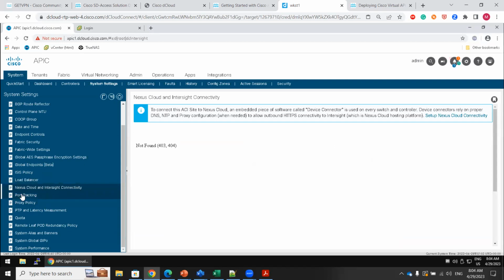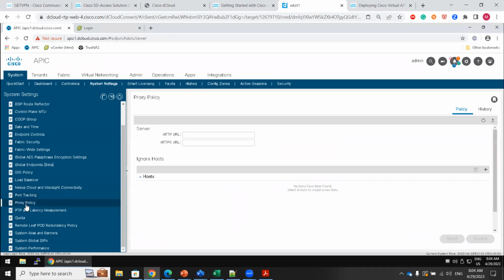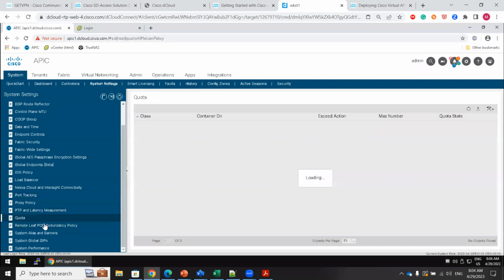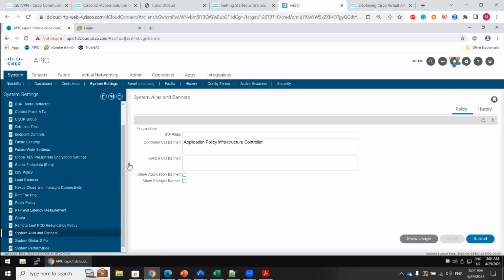Nexus cloud, Nexus Dashboard connectivity, I will discuss in a multi-port scenario. This is port tracking. If you have port tracking, which is legacy port tracking for the leaf and spine switches, you can do that. You do not need to worry about that. PTP, quota, port redundancy policy. Then you have alias if you want to create. Suppose, for example, if you want to create